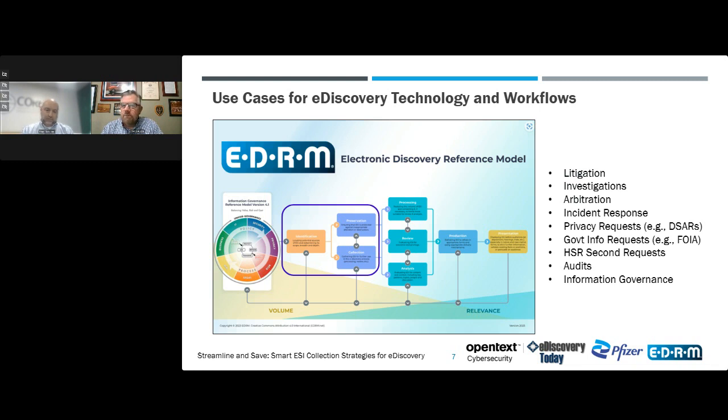So Brian, how much are you finding that workflows for one eDiscovery use case can be adapted to other use cases? Are they fairly similar or quite a bit different? Yeah, so I think automation in general can be adapted in really any scenario. And the way our team operates right now, automation is key.